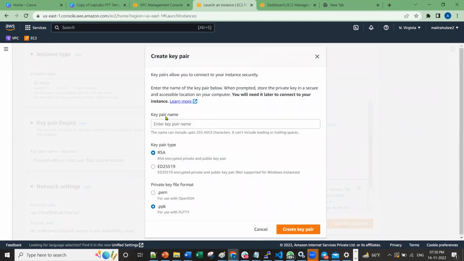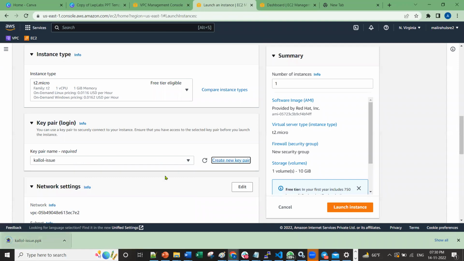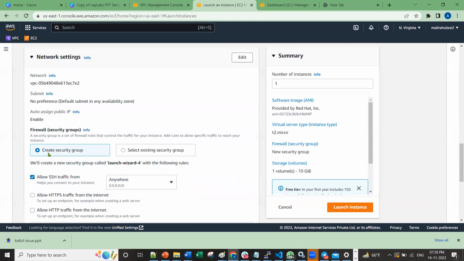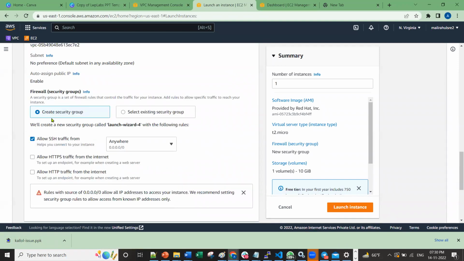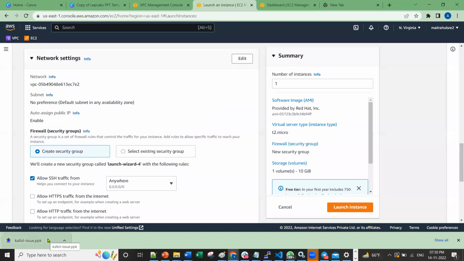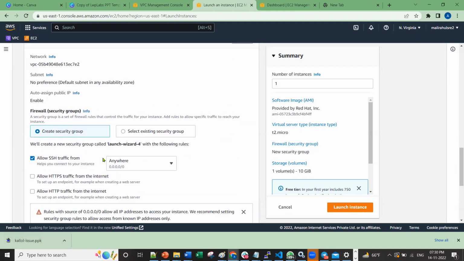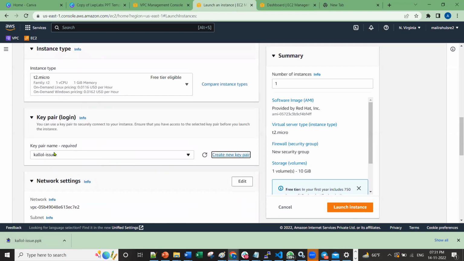Okay, so I can create a new key pair and give a name like Rahul issue, or Kalol issue, and then click on PPK, create key pair. The key pair is downloaded. Now, this is the key pair which you will be using. There are two options, one is PPK, one is PEM. So you downloaded the PPK directly, okay, and then here, you selected